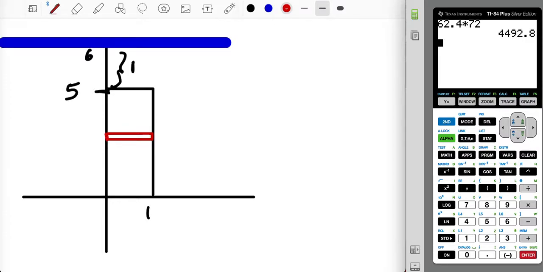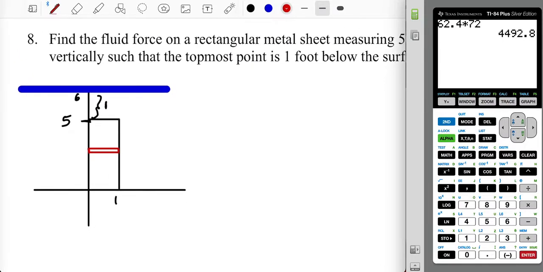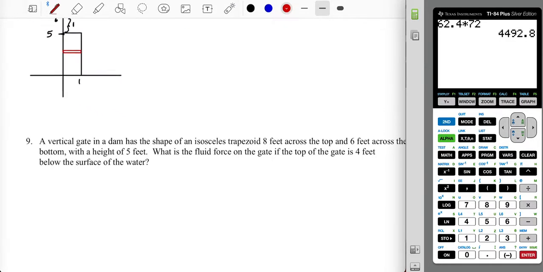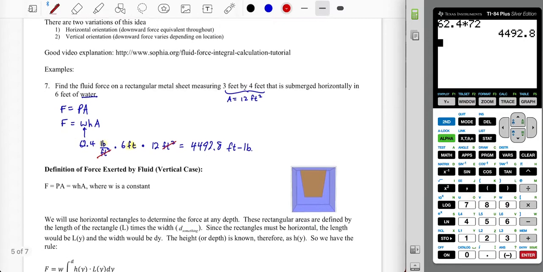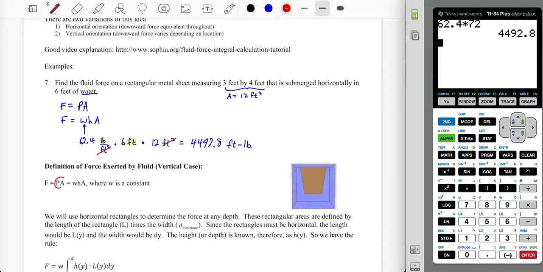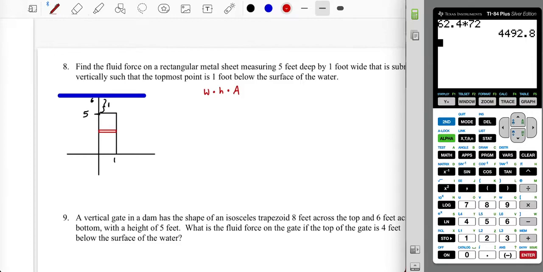All right. And so we're looking for, if you remember in the previous page, F equals PA, but ultimately it ended up being WHA. All right. By making all the appropriate substitutions and all that good stuff, that's where we ended up. All right. So weight density times height times area. So again, if I just bring it back, we had WH giving you the pressure, and then popped into this formula for P. The WH got multiplied by the A, and then that's where we ended up. All right. It was all computational, but now it's going to be